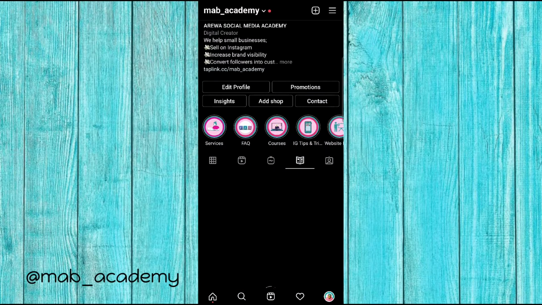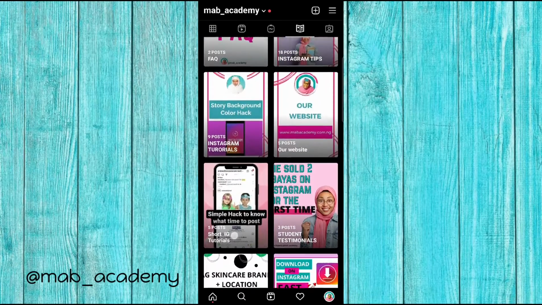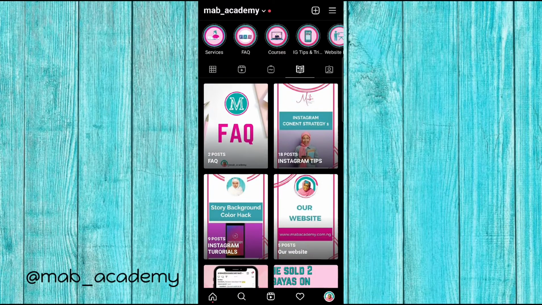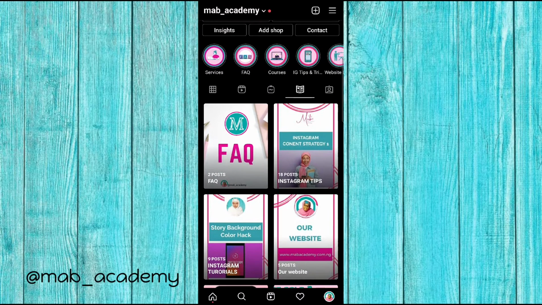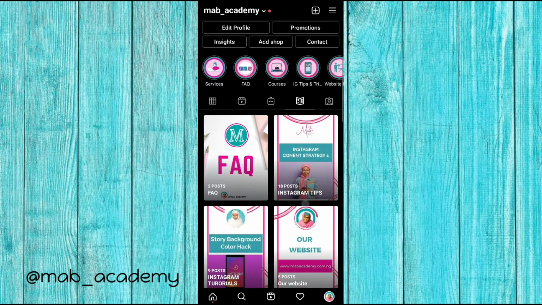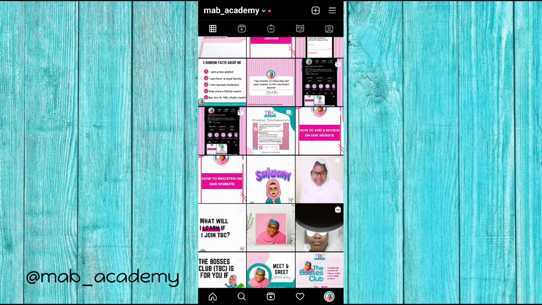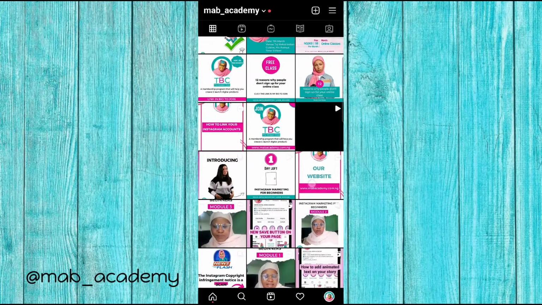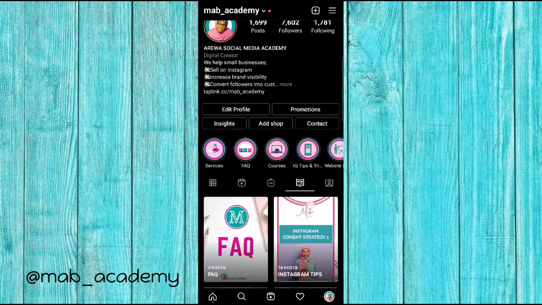And this is your guide. Yes, if you don't have a guide, please go ahead and create one. This is really, really important. Guide simply means curating your posts or content so that it will be easier for your profile visitors to see what you have to offer, or what your business page is all about. They don't have to start scrolling down each of your posts to find something they are looking for. They can just go to the guide here and glance through.